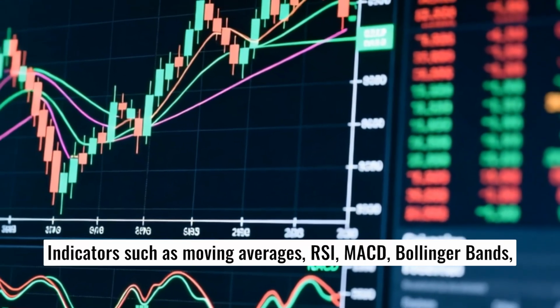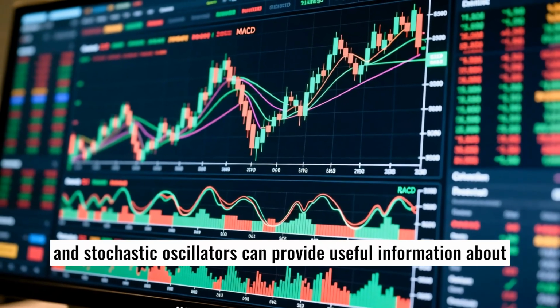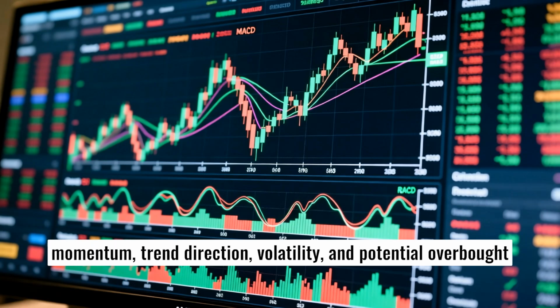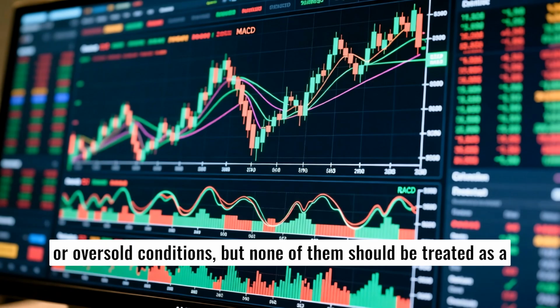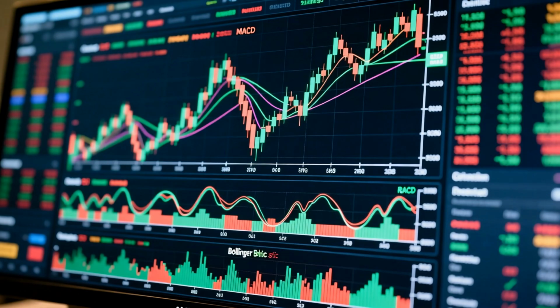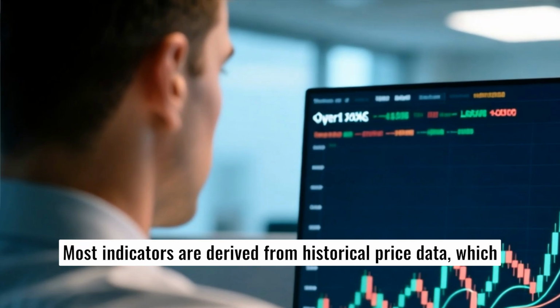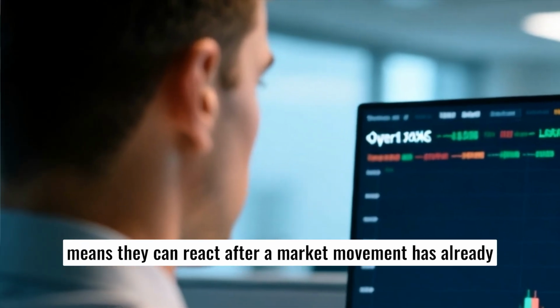Indicators such as moving averages, RSI, MACD, Bollinger Bands, and stochastic oscillators can provide useful information about momentum, trend direction, volatility, and potential overbought or oversold conditions, but none of them should be treated as a guaranteed buy or sell signal. Most indicators are derived from historical price data, which means they can react after a market movement has already